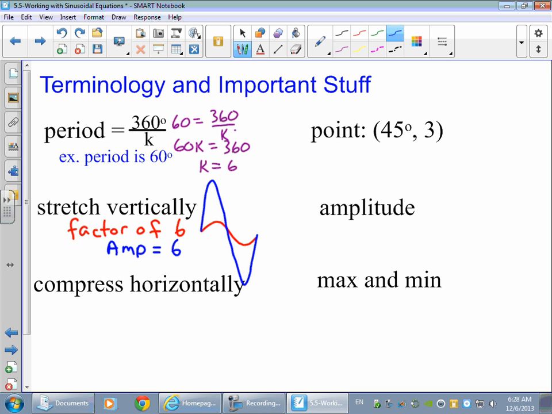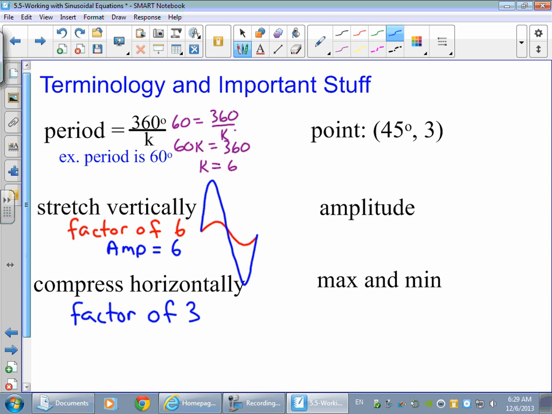Compress horizontally, we can have compress vertically as well. Compress vertically would be a factor of 0.5 or 1/2 or something, so it's actually getting smaller, but again telling us the amplitude. Compress horizontally, again usually the wording will be by a factor of,